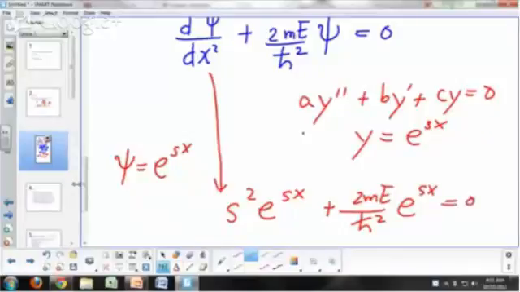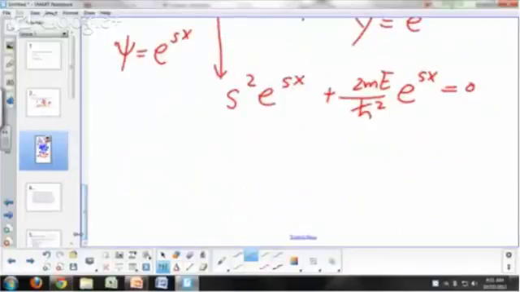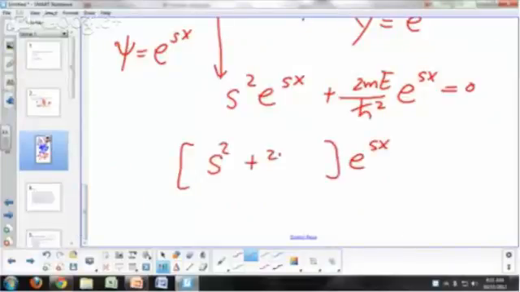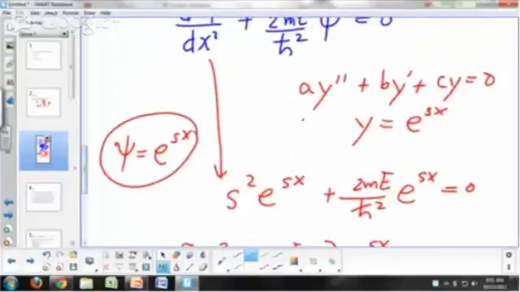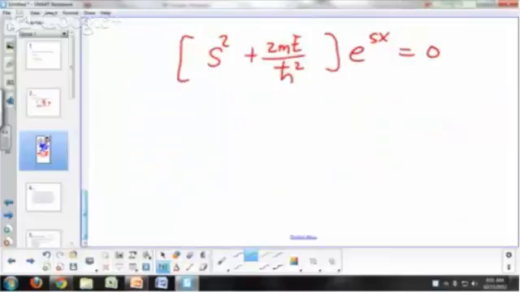That's equal to 0. So you can factor out e to the sx. So you have s squared plus 2 times the mass times energy over h bar squared equal to 0, which means that e to the sx is going to be a solution provided s is equal to